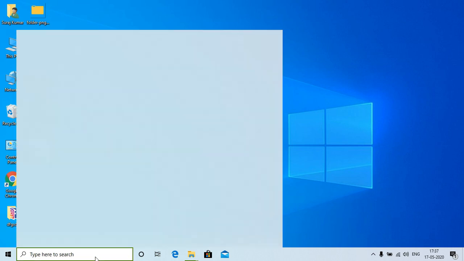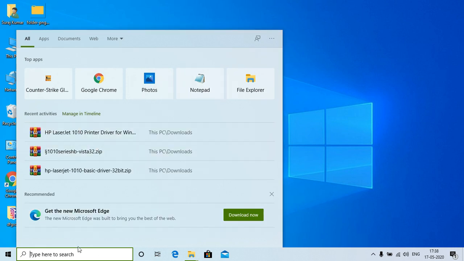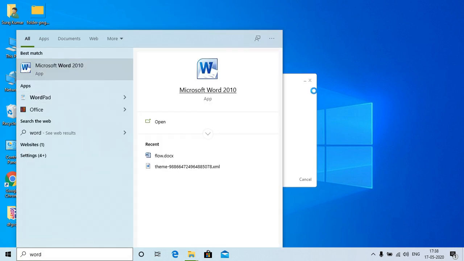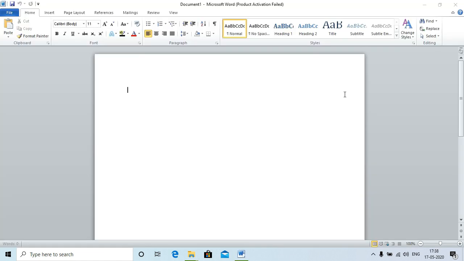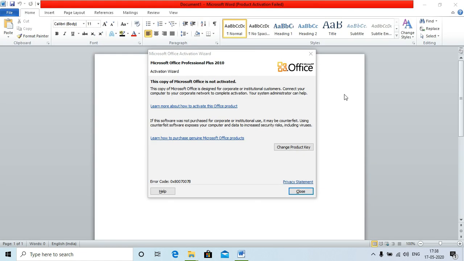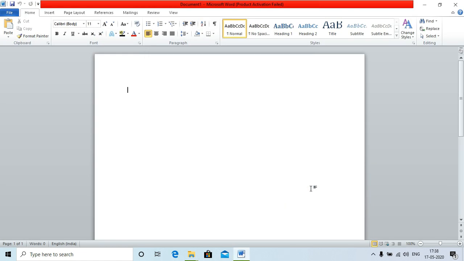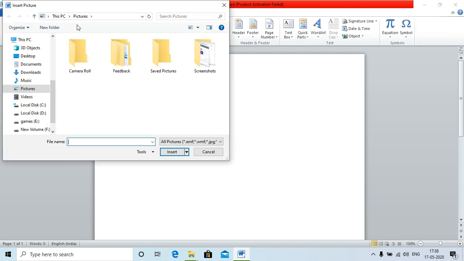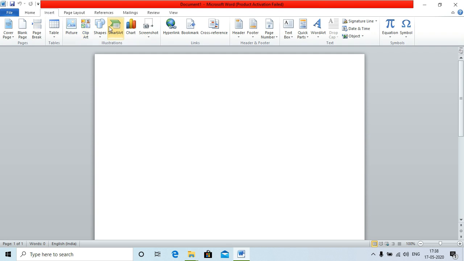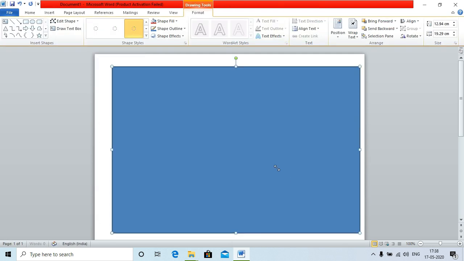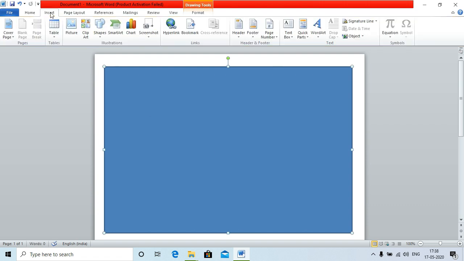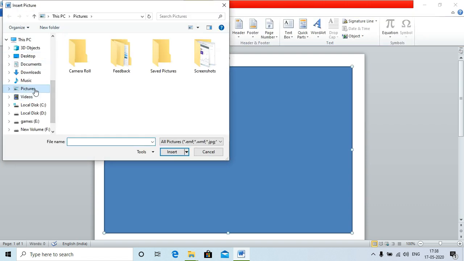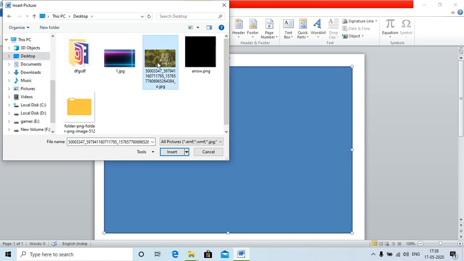First of all, let's open Microsoft Word. Okay, Microsoft Word. So then you need to load an image. You need to go to insert and insert a picture. But before that, wait, let me just put a shape. I'll later tell you why I have inserted this shape. Okay, now let's insert image picture, and I have some pictures on my desktop. Let's insert this one.